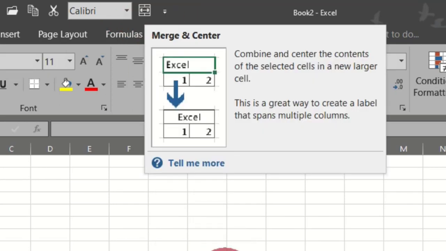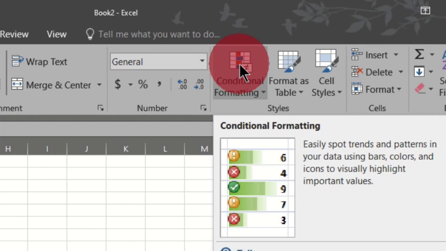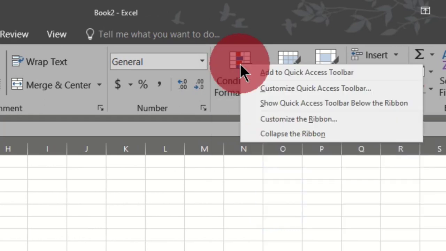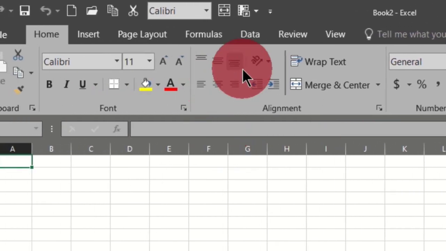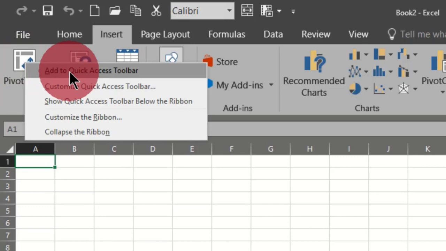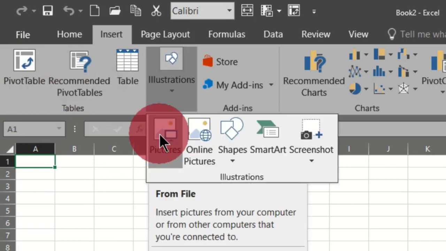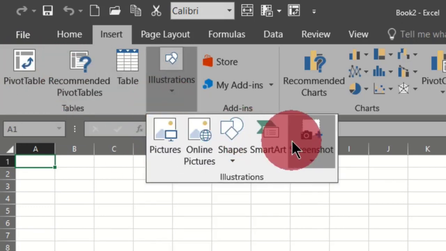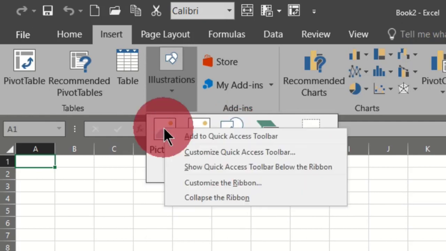If you want to add this command, conditional formatting, you can right click and choose add to quick access toolbar. You can also go to your insert tab, and if you want to add pivot table, you can right click and choose add to quick access toolbar. If you want to add pictures, you can select pictures, add to quick access toolbar,